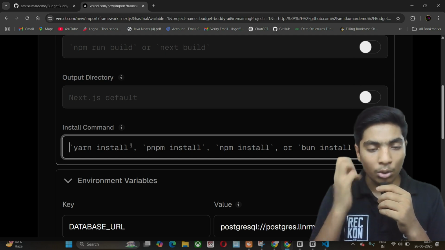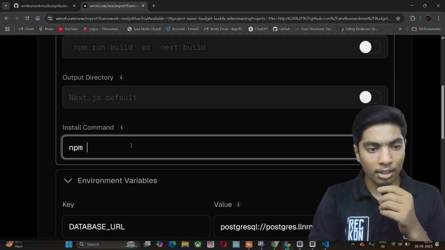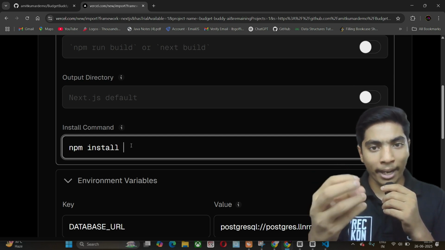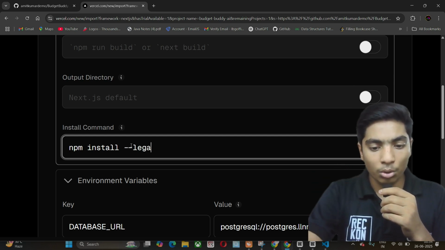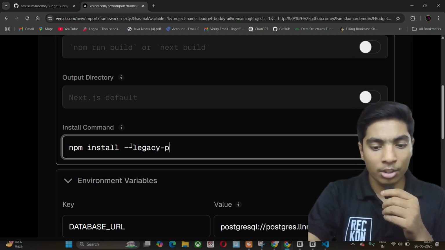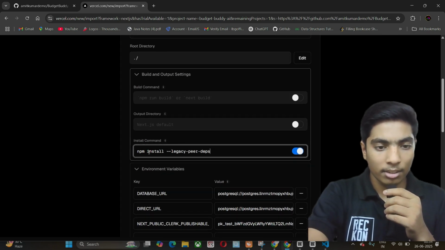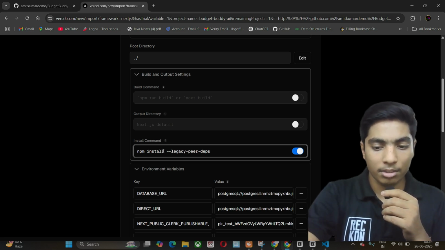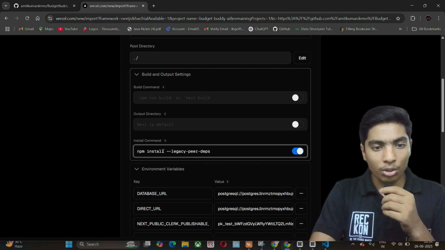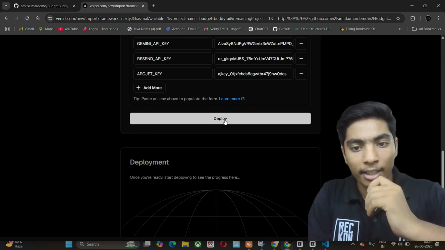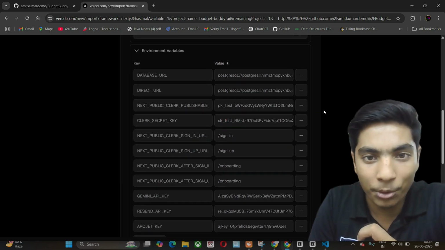Here I'll give the install command that installs all my backend dependencies: npm install --legacy-peer-deps. This is my backend installation command that helps to run my project.